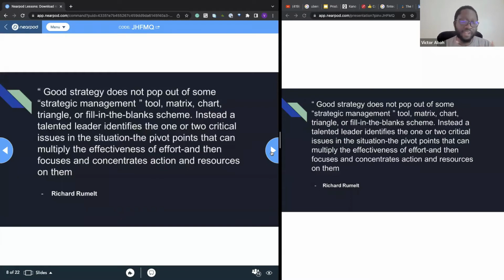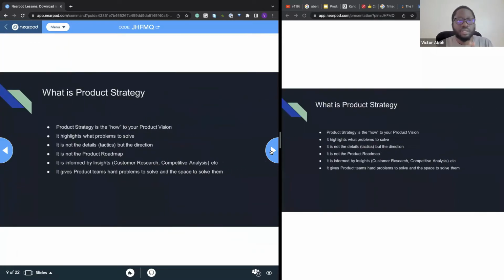And so what we'll find soon is that we need to be focused when it comes to product strategy. It helps to focus our teams. It helps to have us not be stretched too thin doing too many things, but how do we solve this problem for these sets of customers? So let's dive into what exactly product strategy is.